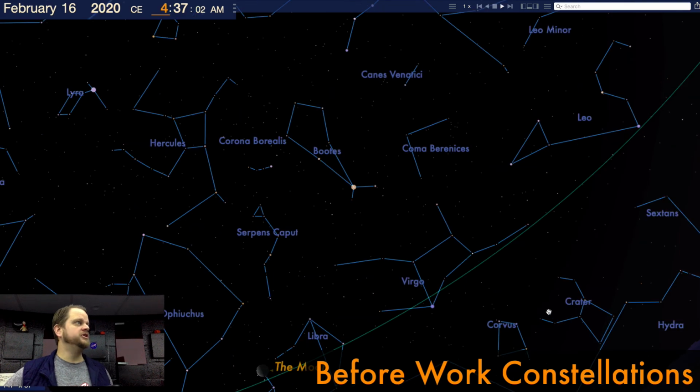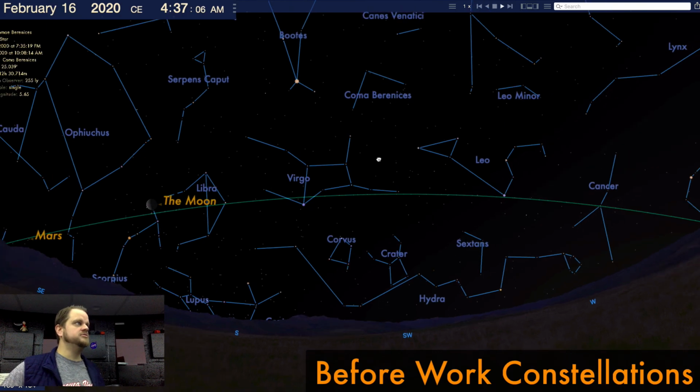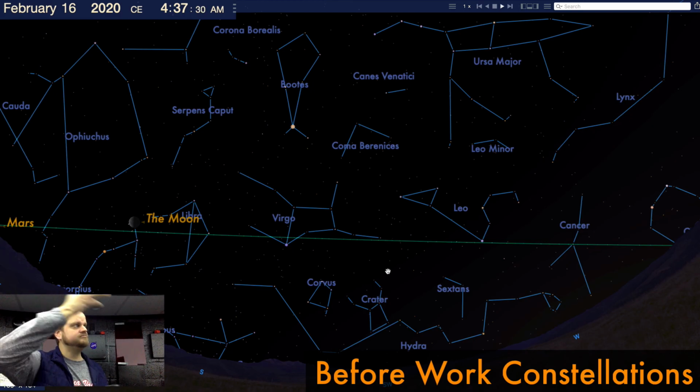4:30 in the morning. And I think it's still a good time to check out Leo, the lion over here. You see the backward question mark with the right angled triangle to his left. You can also see the Big Dipper way up here. Follow the arc to Arcturus to find Bootes. And you can follow the arc to Arcturus, then speed on to Spica, the brightest star in Virgo. And that's what you'd be looking at